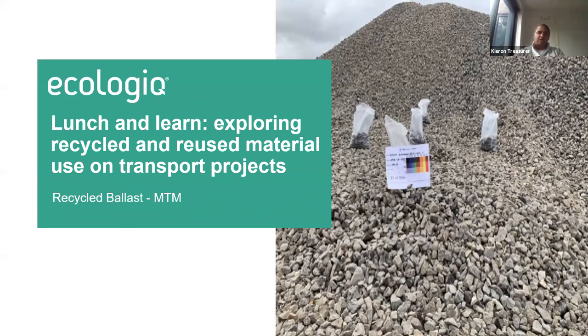And then over time we realized, look, we're probably onto a good thing here. We just saw stockpiles upon stockpiles of clean material sitting there, and we thought, look, let's just get this tested and see if it meets Australian standards, and let's see if it's a viable product and if it can be used in other applications. So it's true that ballast is reused already, like in terms of virgin ballast is reused